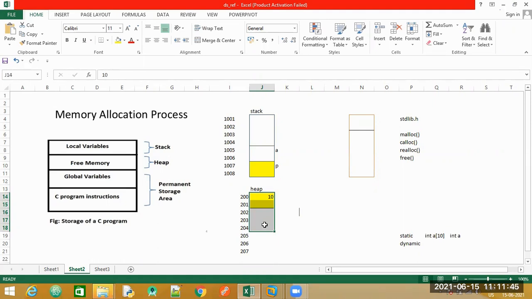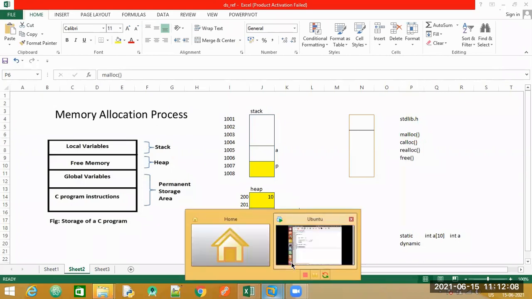Okay. Now, when we talk about the heap section, or when we talk about dynamic memory allocation process, we have four methods. These are our four methods. And these four methods come under this particular library. They belong to this library. Only the first one we are talking about today, that is malloc. Fine. Now, for this particular malloc function,